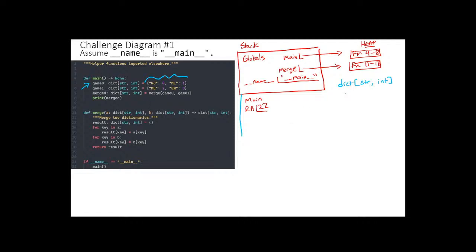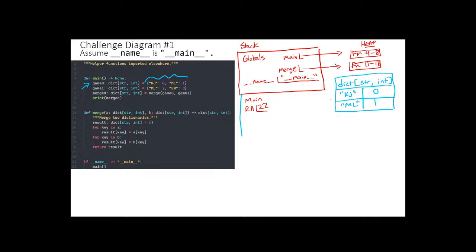And we can see that there are two strings here, kj and ml. Those are two strings, and the associated values that those strings map to are 0 and 1 respectively. So I'm going to drop in my table here, and hopefully this wasn't too surprising. And as a reminder, the difference between, say, a dictionary and a list is that a list's indices are always integers counting up from 0. With a dictionary, we get to choose what we look up by, and in this case, we're looking up by